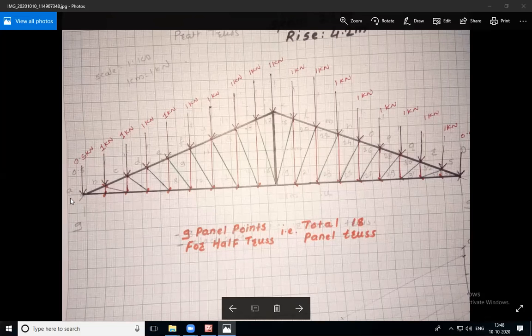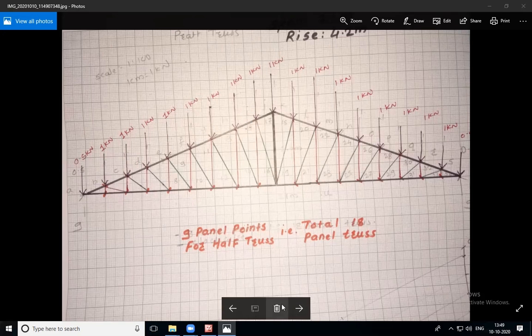Now, starting with the outer points, we have to start from the outer end, the extreme end. Now remember that in between two notations, there should be one load, isn't it? In between two notations, there should be one load or reaction. Anyone should be present. Okay, so we are going to start from this end. After giving the notations, we are going to give a small letter A at this particular extreme end, and after this 0.5 kilonewton, there should be B. Similarly, after this 1 kilonewton, C, then D, then E, F, G, H, I, like this.